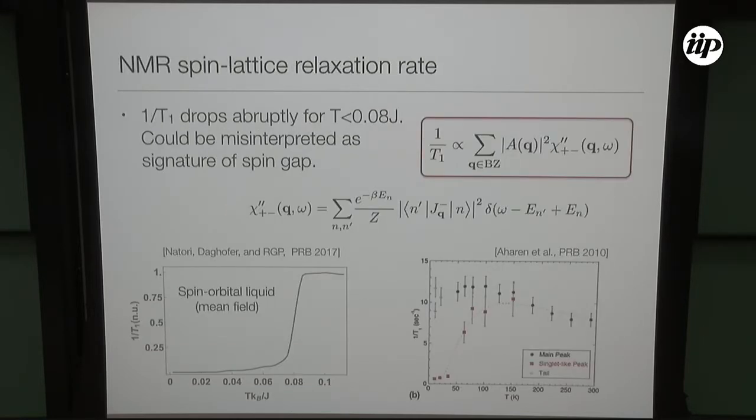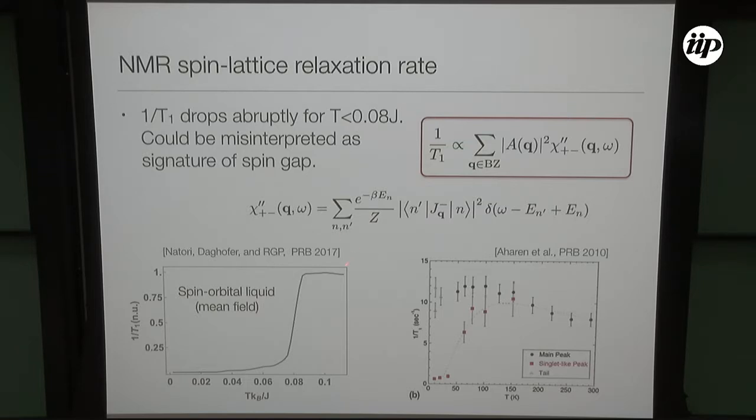The next thing we do is to look at the spin-lattice relaxation rate that is measured in NMR. Here, the interesting thing is that 1/T1 you can relate to some dynamical correlation function for the J plus or J minus angular momentum operator. This is the operator that represents the magnetic moment that is going to flip. And you can write this in terms of Majorana fermions in this spin orbital liquid phase. Essentially, this is a correlation function of free fermions, so you can get the result as a function of temperature again.